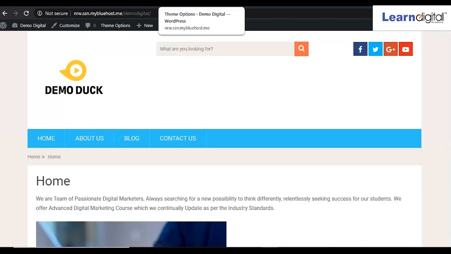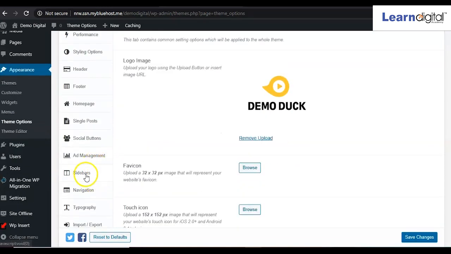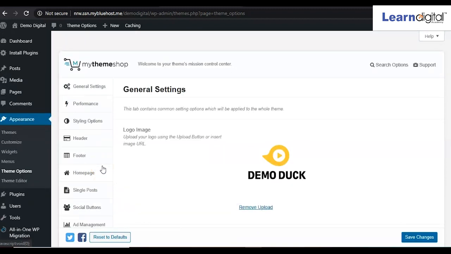Now we'll go to the backend part. So simply you can check the options. It is very easy. You can change the font style of the site title. You can change the background color, right? So here, see, these are the options we are able to see. Again, I click on this appearance.